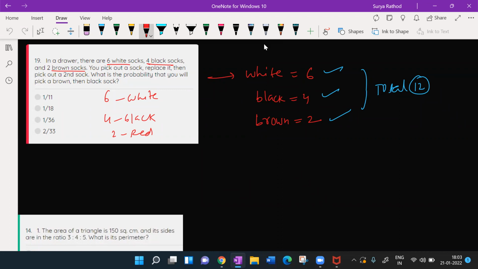So 6 by 12. Yes, tell me, so 6 by 12. देखो 6/12. If at all I change the question